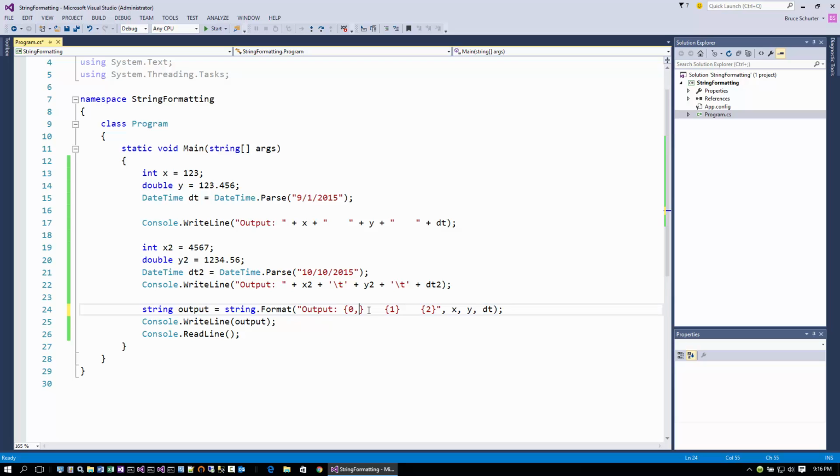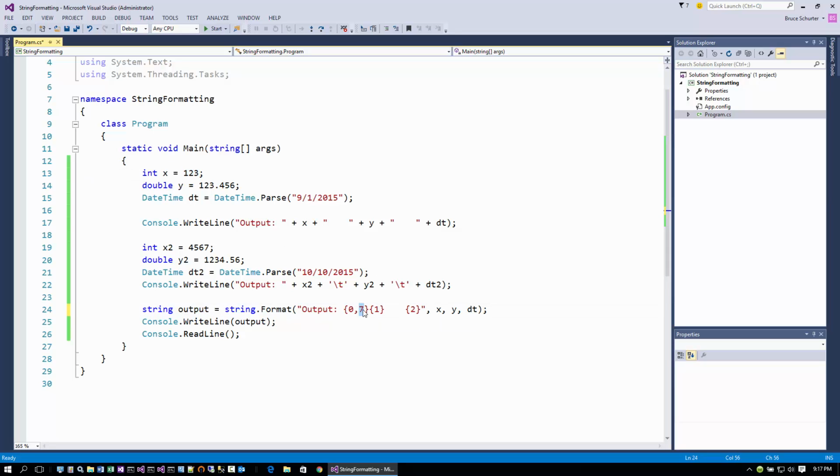We could say left justify, and we'll have it use 7 characters. Then we can get rid of these spaces here. And by the way, left justify would be negative, not positive. Let me explain that. Positive numbers are used to right justify. So if the value you're substituting doesn't match that number, it fills in spaces in front of that value until it matches that number. So if I did a positive 7 here, 1, 2, 3 is what x is, but